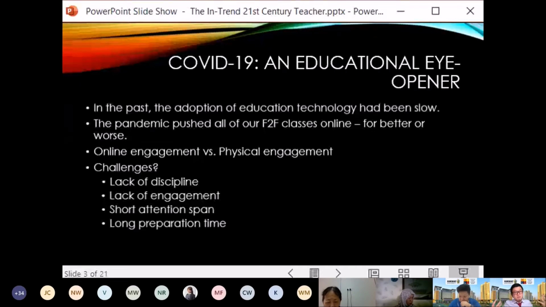Like mine, in a uni setting, in a tertiary setting, you can set it as part of your coursework, so they have no choice but to submit it to you. But in a school setting, like most of you are facing at the moment, where the marks don't really come from all of this, it's definitely a challenge. Why? They don't attend classes, that's one. Two, they lack the discipline to engage with the work you give them, because it's so different from the face-to-face work you used to give them.